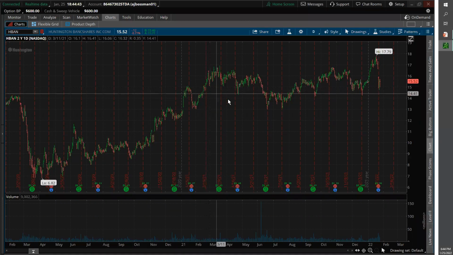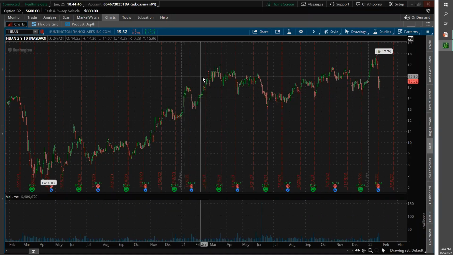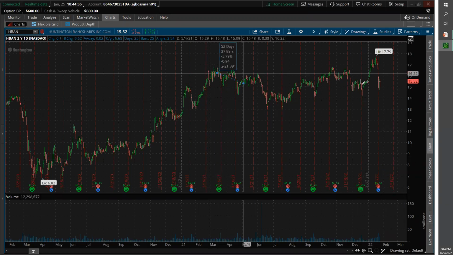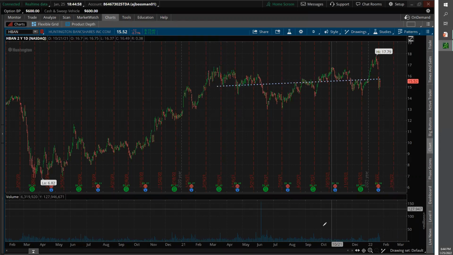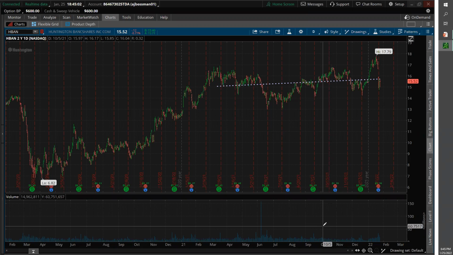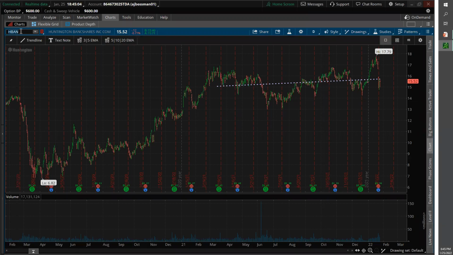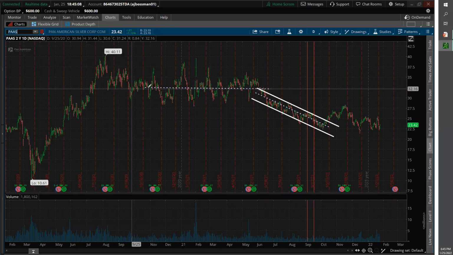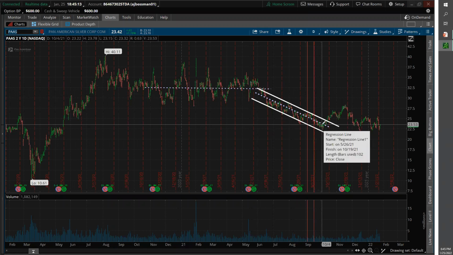Here's a 2-year chart. And you'd say this, oh my God, what a boring stock. And I say, oh my God, what an income generator, right? If I've got any sort of symbol that is going to be going sideways, that's the one that's going to make me a ton of effortless income. Huntington Bank Shares. How about we showed Pan American Silver?